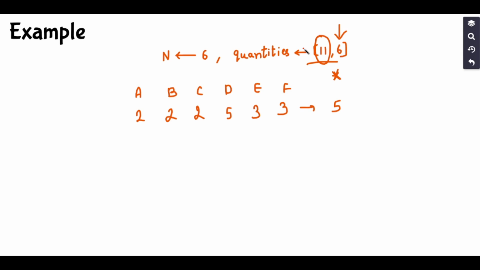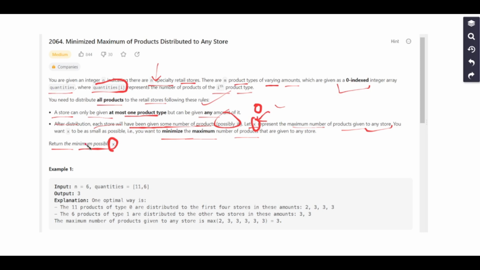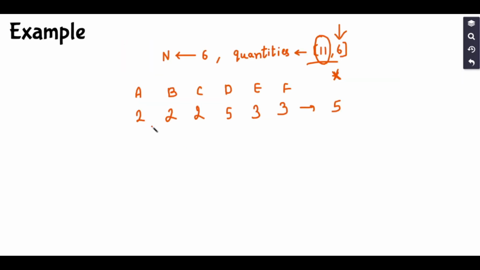We distribute these given quantities of products to these stores according to the rules given, which say that we can't give 2 product types to a single store. A single store will receive a product of only one type, and the second rule says that we can also give, let's say, 0 products to any store. So let's